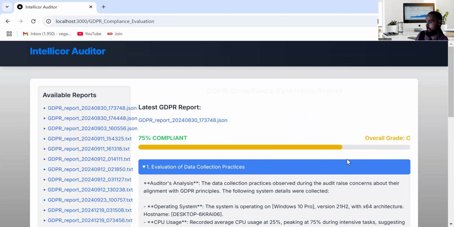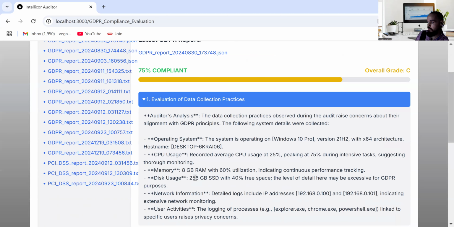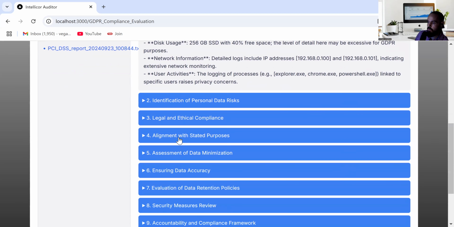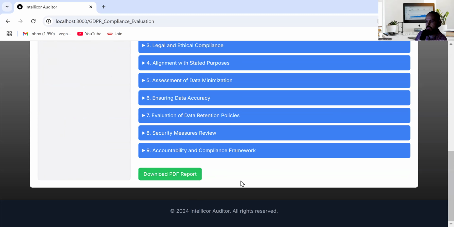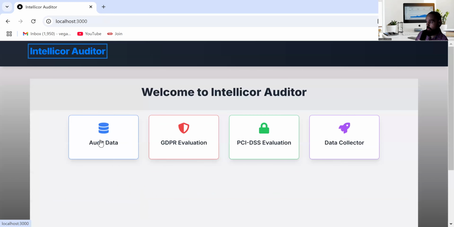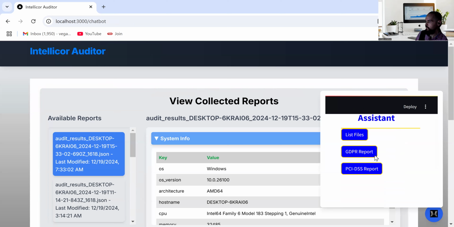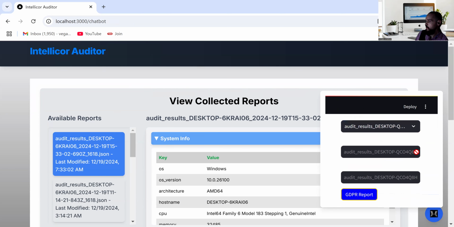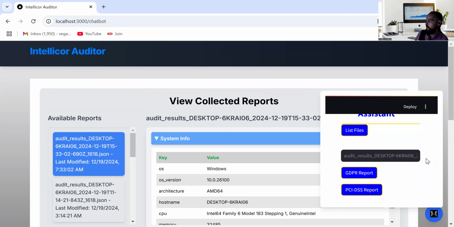And then we're going to be able to see basically a grade on how compliant it is. Based on the information gathered, it's going to detail out on the criteria where it met, where it aligned, and where it didn't align. This goes incredibly deep. And again, you can download it as a PDF report that's saved, and then you can ask questions about it. So if we go back to our AI and list files, we can then see if we want to just get a specific